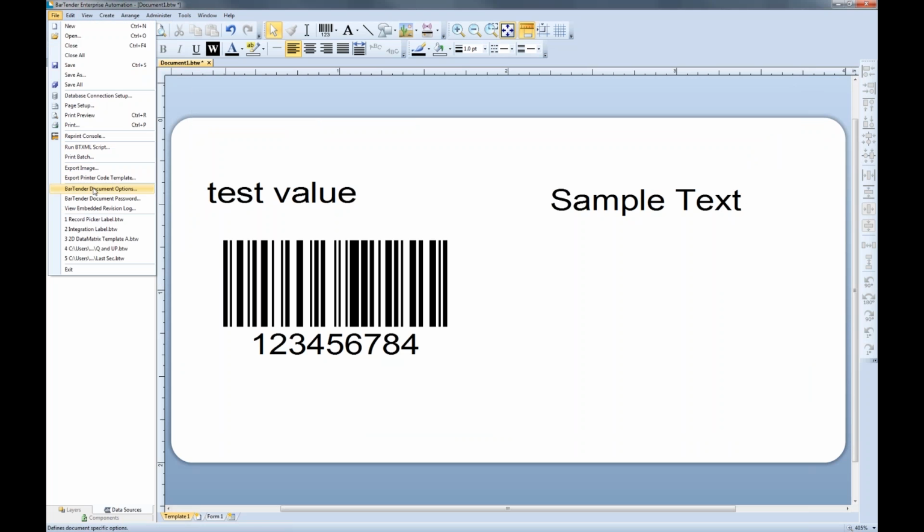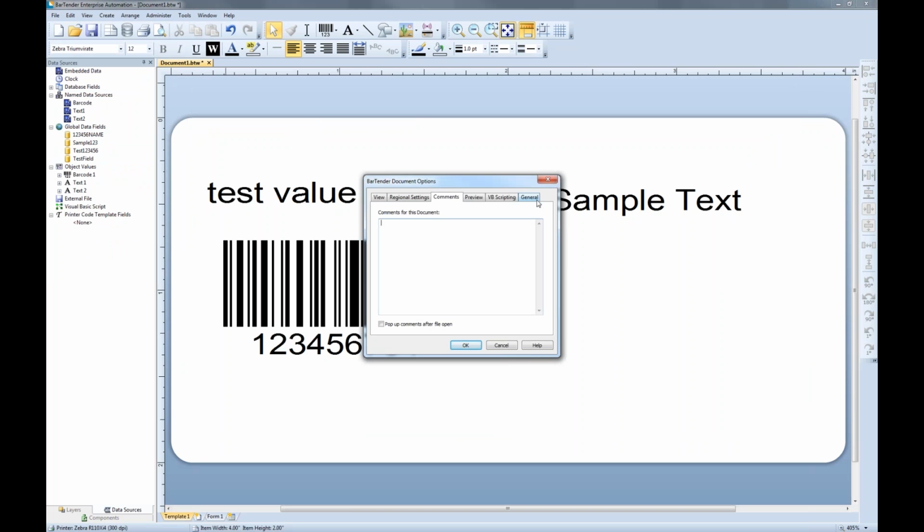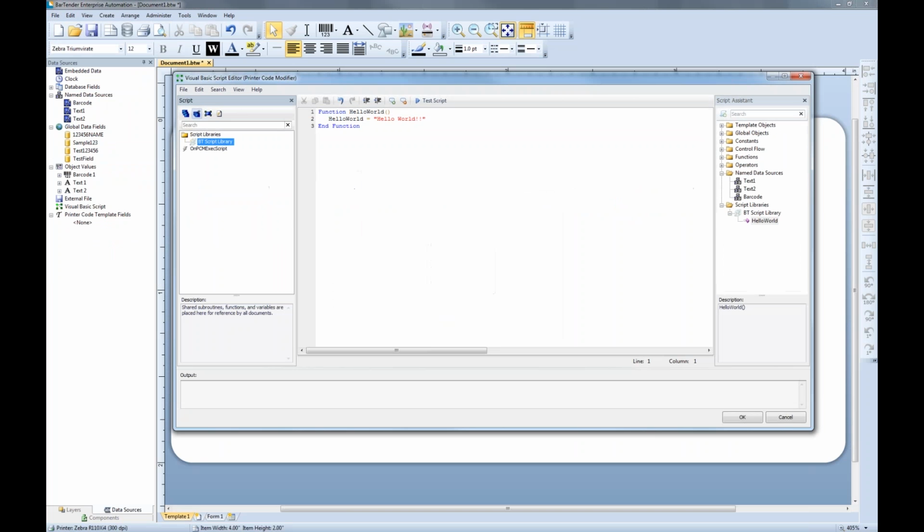into File, BarTender Document Options, and hit General on the General tab there, and click on the Visual Basic Script icon. So there we still see our script library because we have imported that into the label for use. And we now see the option there for the print code modifier. So here we're able to write any kind of script that we need if the print code needs to be